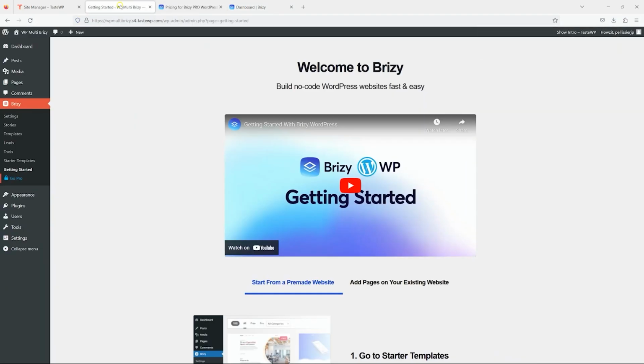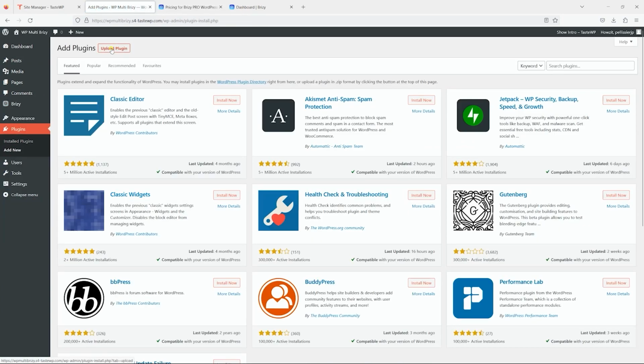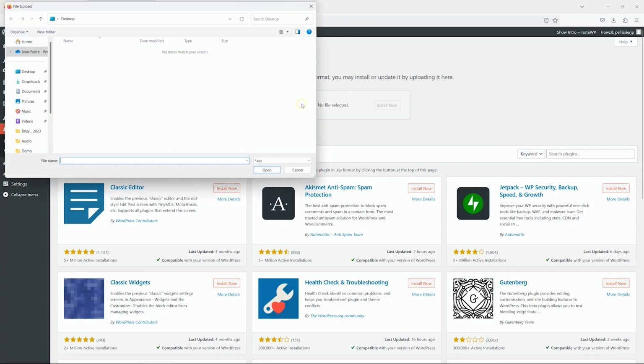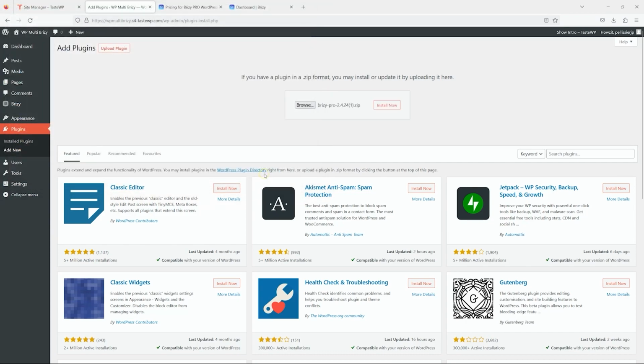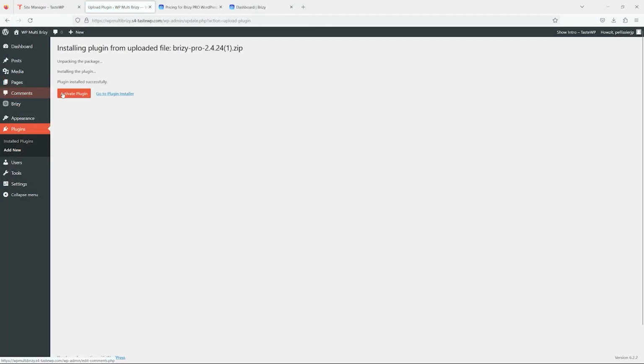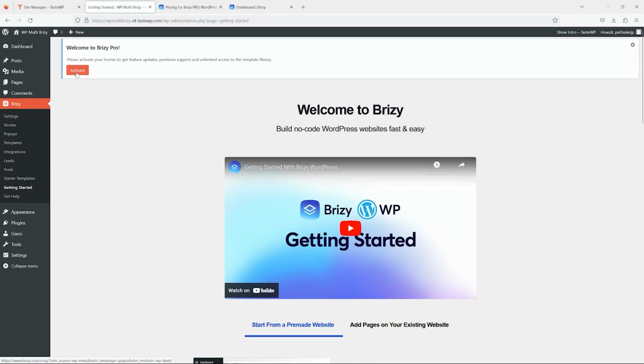So we jump back into WordPress. Again, we go to plugins, select add new, go to upload plugin and select browse. I'll go to my downloads. I have Brizy Pro there and I'll select open and click on install now. From here, activate the plugin. In the next chapter, we're going to activate, but before we get there, let's have a look at the starter page that we are greeted with,